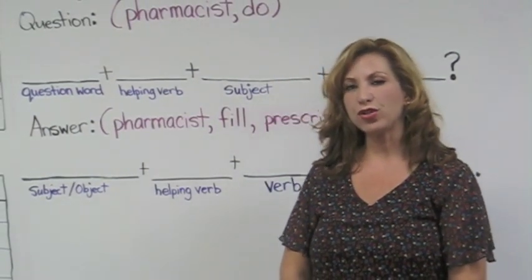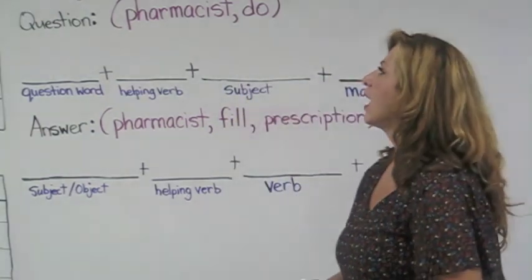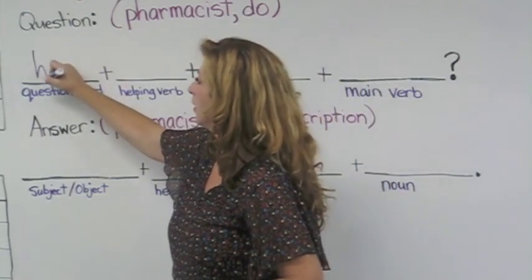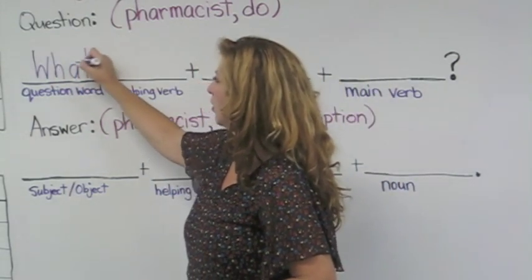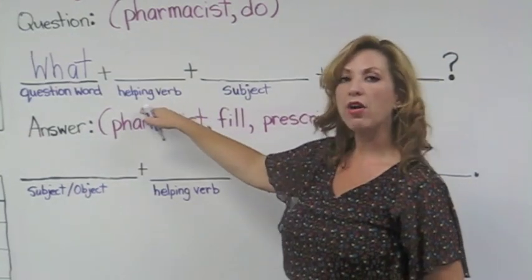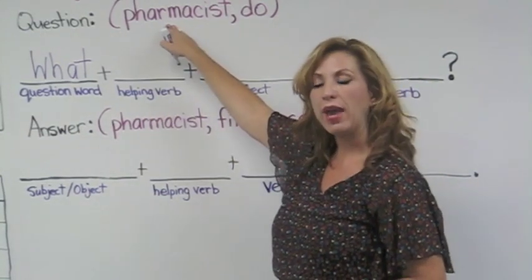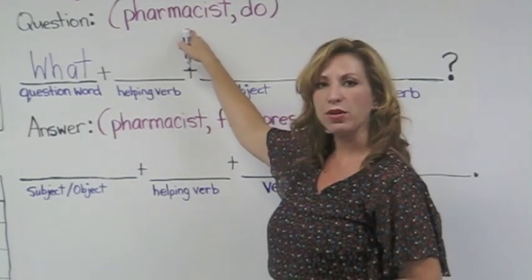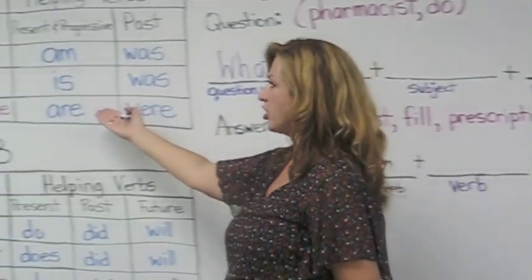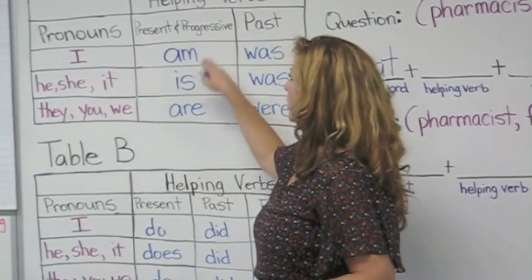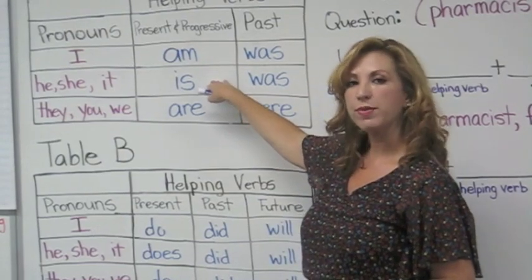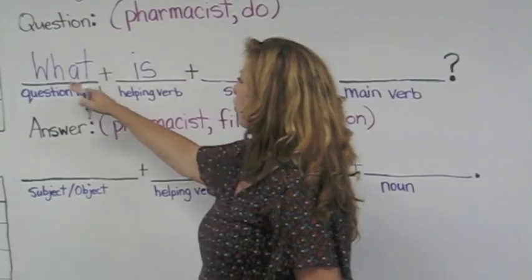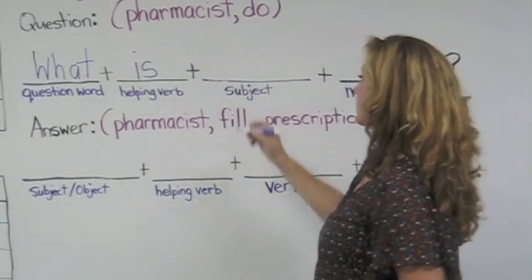Okay, now we're going to do problem 1 together. Again, we're going to begin with our question word, which is what. And our helping verb. Our helping verb again is going to be according to our subject, which is a pharmacist. So, because it is a person, it could be a he or a she. So, we're going to use in the progressive, the helping verb is going to be is. What is the pharmacist